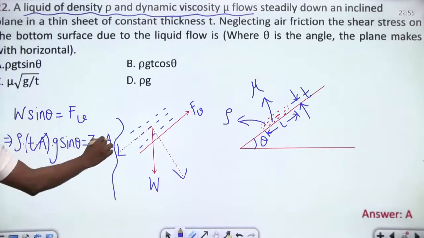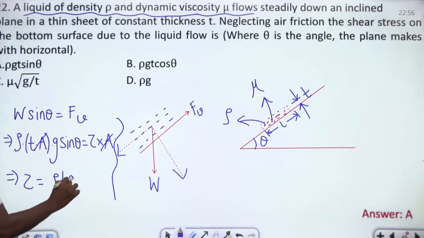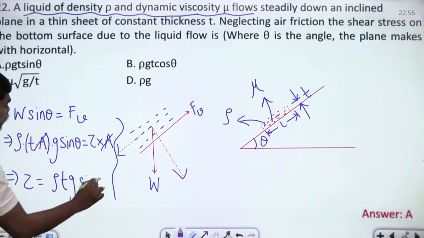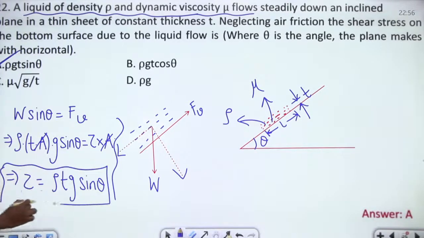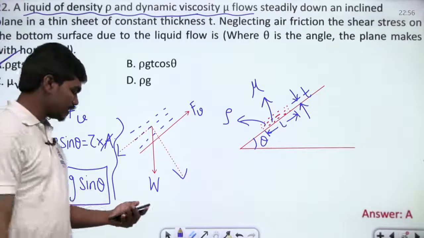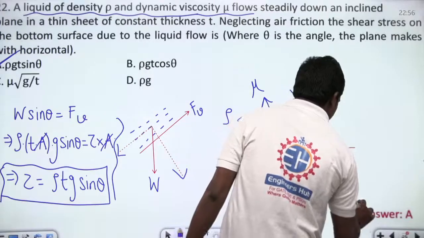So area gets cancelled. So the shear stress that's acting is equal to rho t g sin theta. Correct? Okay, so A is the correct option here. The shear stress acting on the bottommost layer is equal to rho t g sin theta. So A is the correct answer in this case,